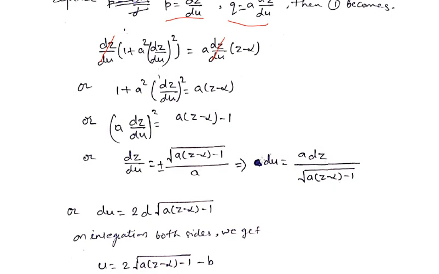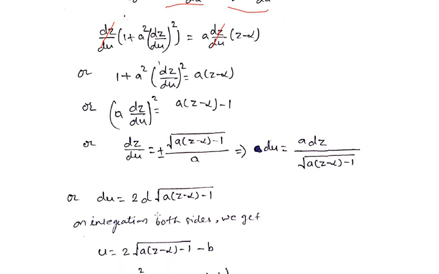Now we integrate both sides, we get du is equal to, sorry, we can rewrite this as du is equal to twice the derivative of root of az minus alpha minus 1. When we differentiate it, we get this term. So now we will integrate it and we get u is equal to twice square root of az minus alpha